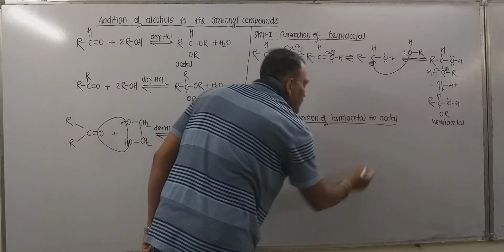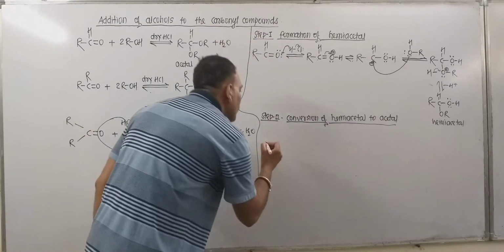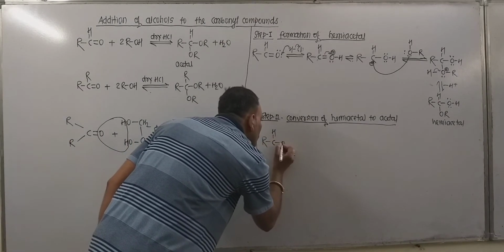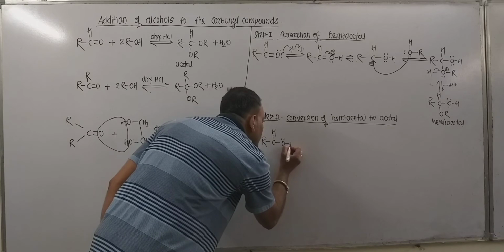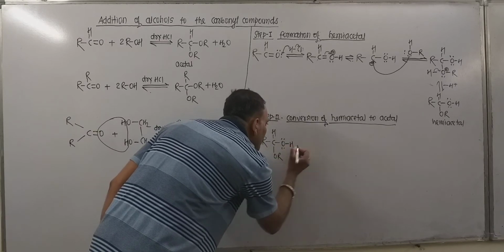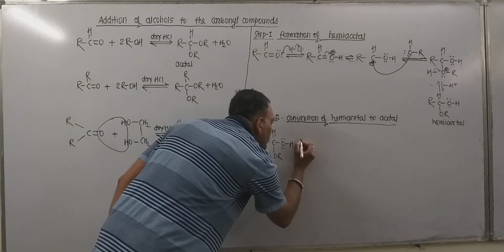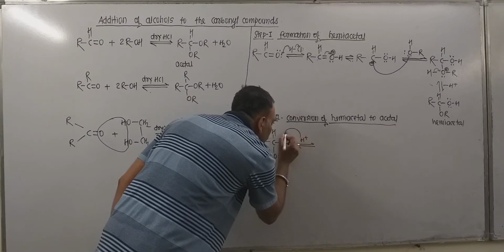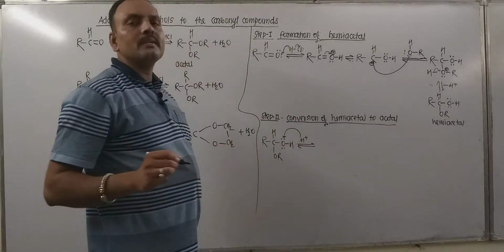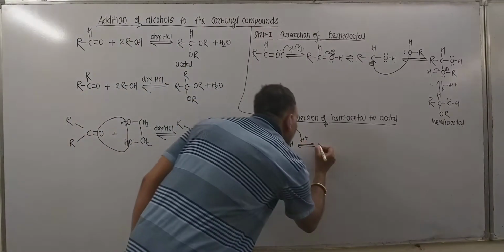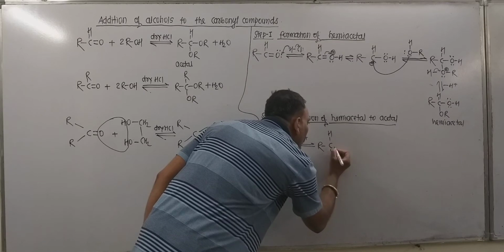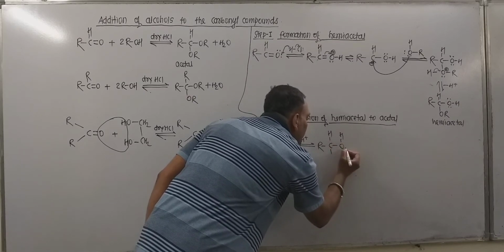Now the hemiacetal obtained in the first step can be given as, so this is the hemiacetal formed in first step, which ultimately gets protonated. So protonation takes place. So the proton attacks the electron rich oxygen, and this leads to the formation of an intermediate